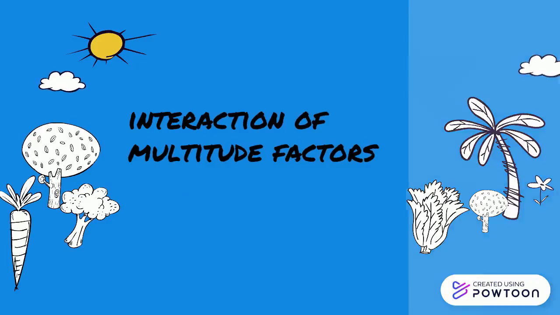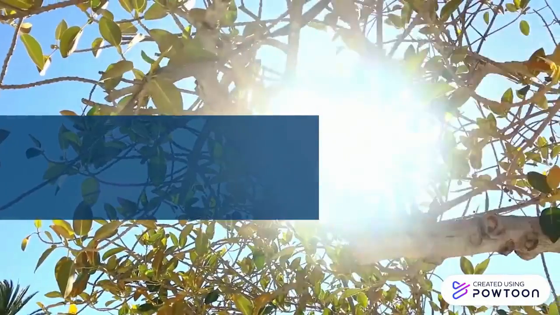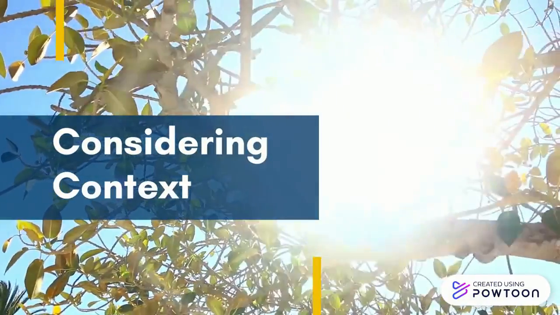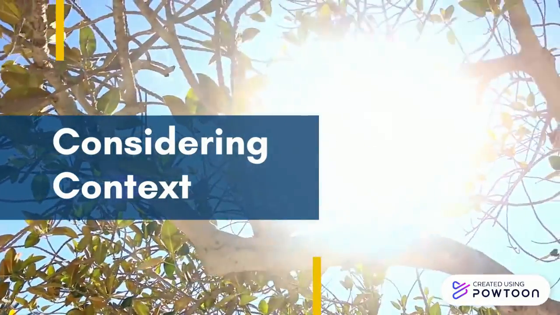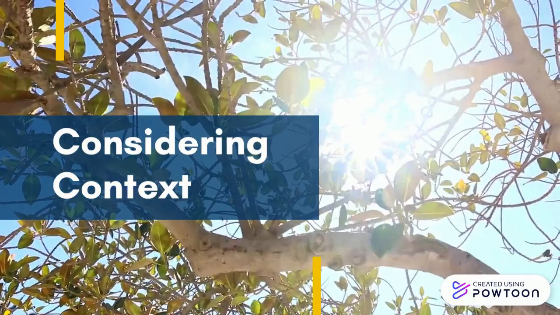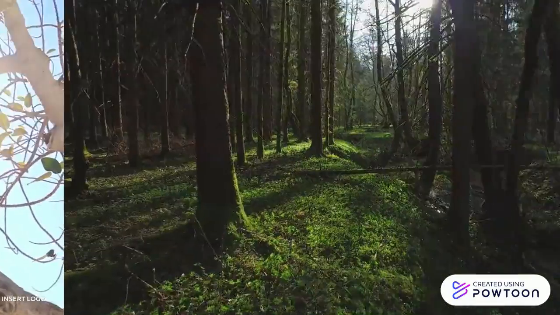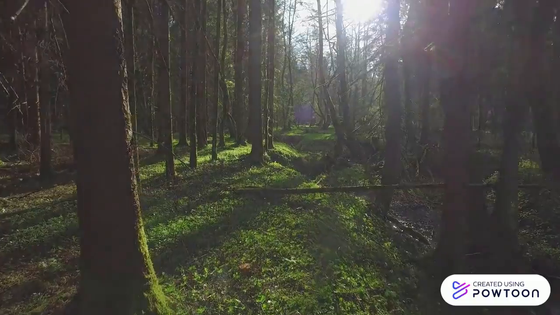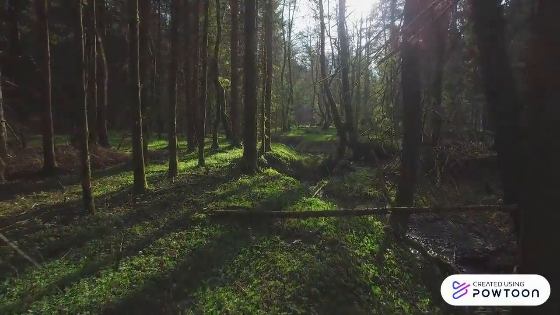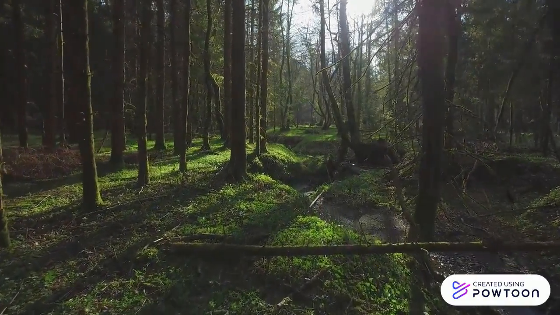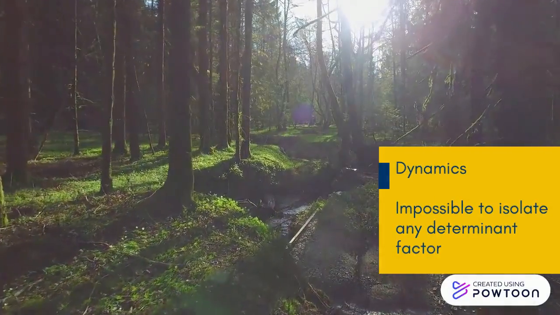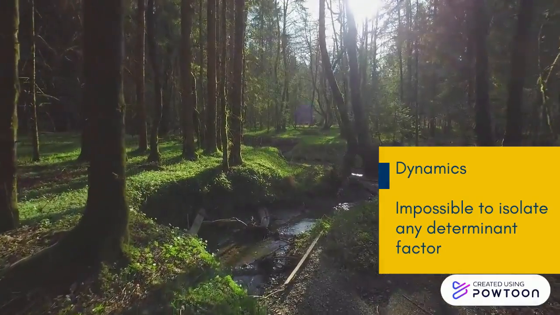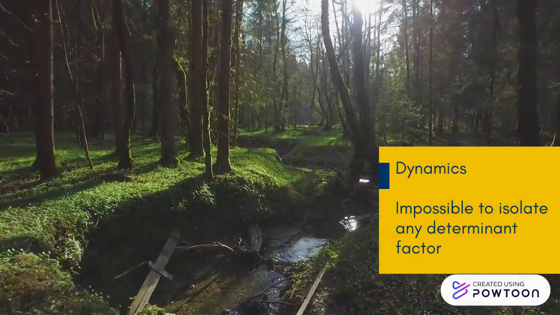What makes the situation more complicated is that a tree, in most cases, does not exist individually. The context where a tree grows should also be considered. A tree grows in the forest by forming a community. Independent as they are on the ground, their roots are intertwined and connected. The dynamics of the situation make it difficult to isolate any of the possible factors and conclude that it plays a more determinant role in the process.